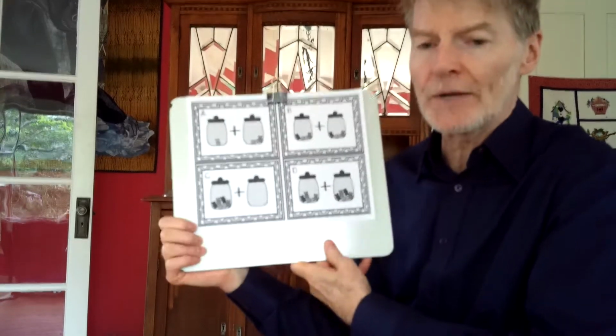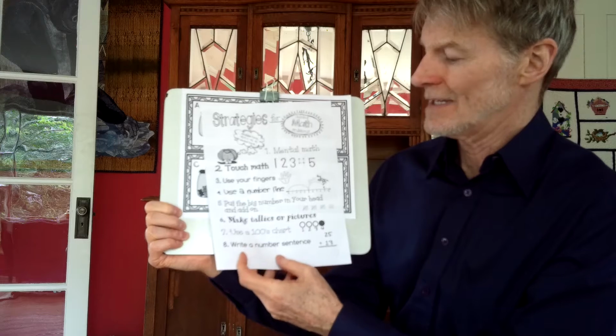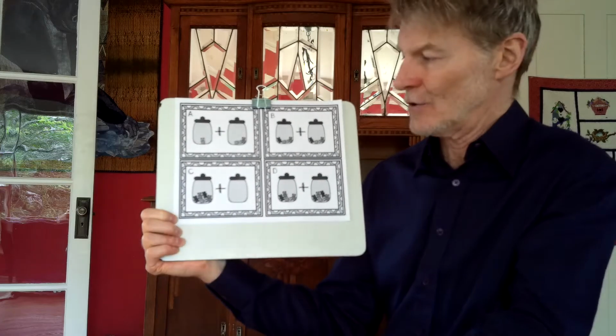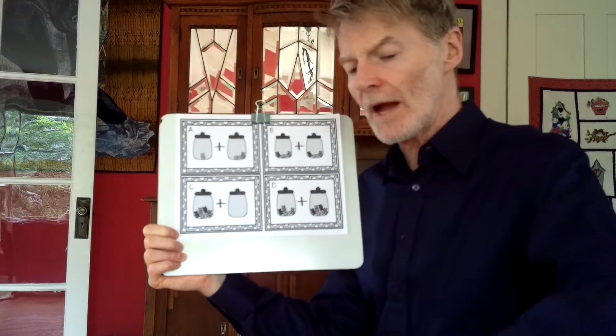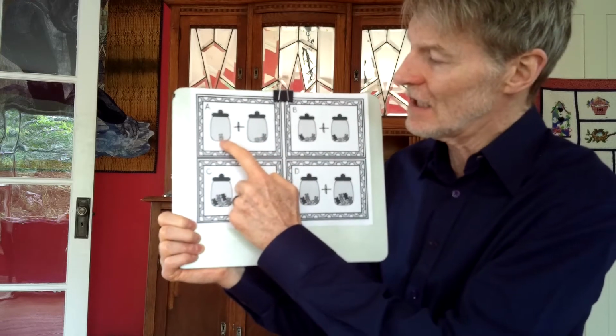The work we'll be doing, when I come back to our strategy list, is to do the touch math. That's to actually tap and touch them as you're counting them. I have 2 tools ready: pencil, crayon, or marker, but I hope you'd have a purple in there to help with the math symbols. Okay, so this first jar